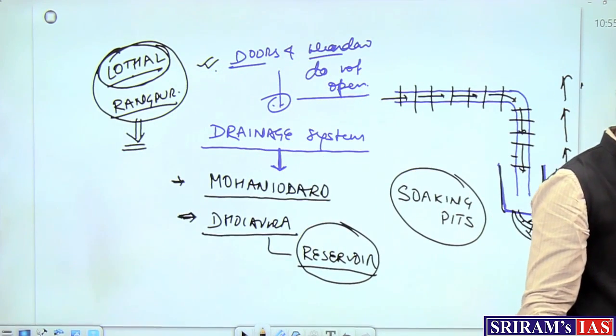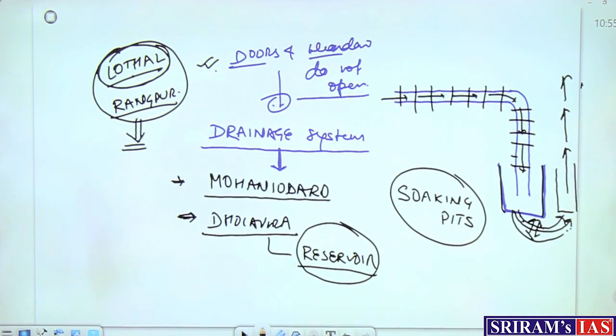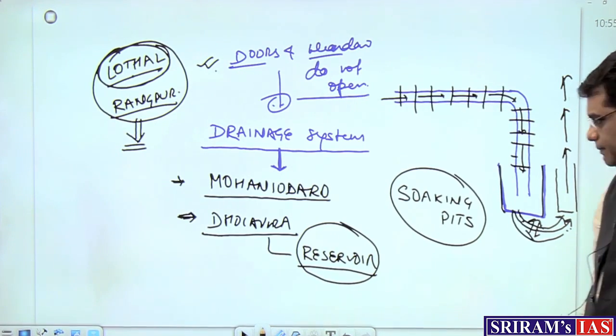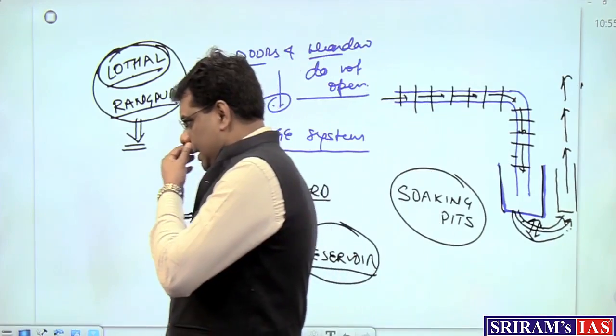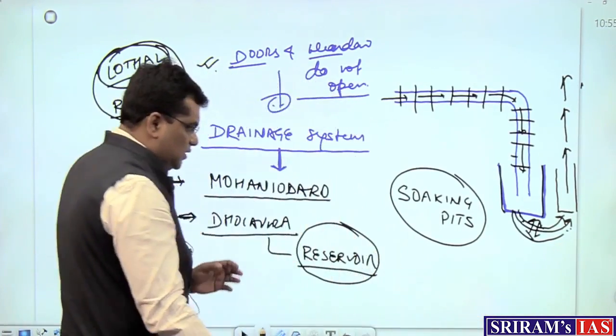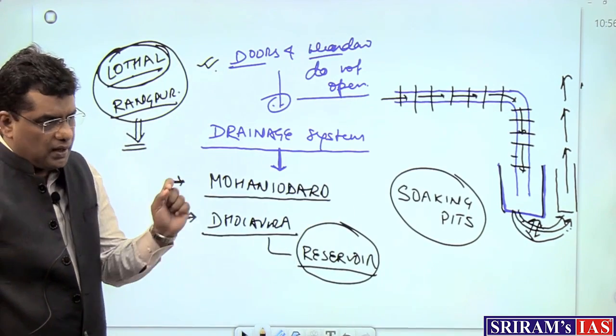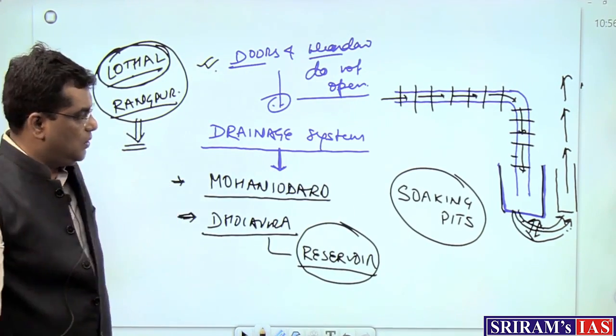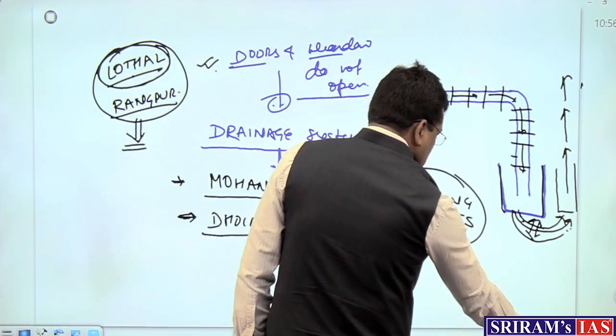It's always open on the main road, doors and windows. So Gujarat is the exception of this construction. So this type of small things you can have in the prelims examination. Okay. Then next is,